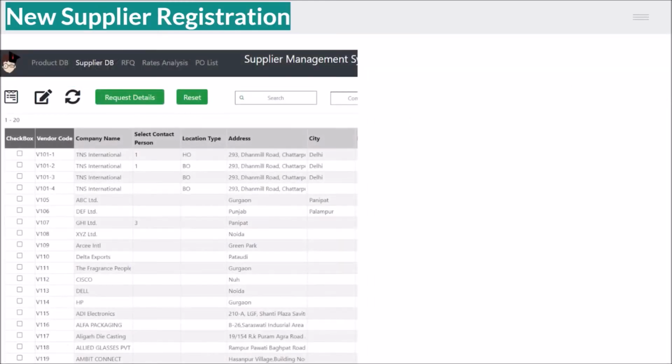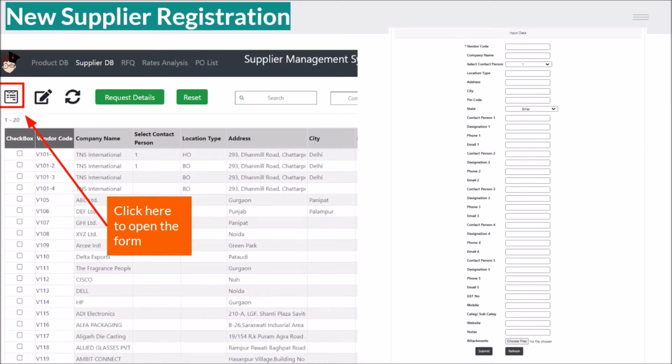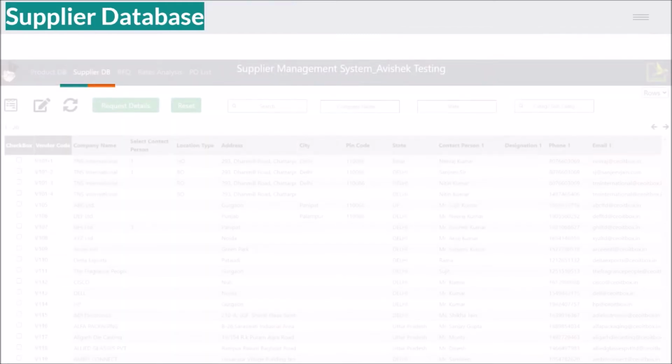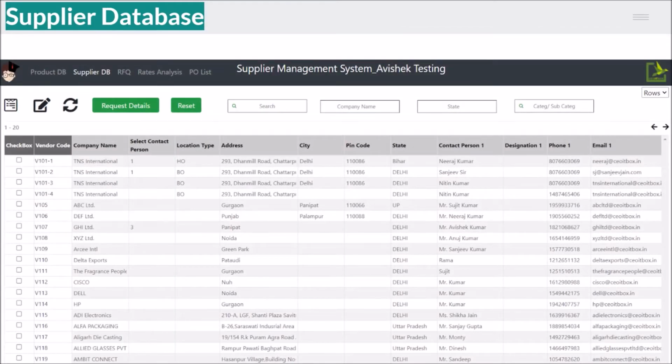Coming to the supplier database, again, all your suppliers need to be registered and they will be given an individual ID and password for them to log in and update any quote that they need to bid for. You can click on this particular button, this form will open up. You put in their vendor codes and their password and their few basic details, and then submit this particular form. The information is going to be available right here.